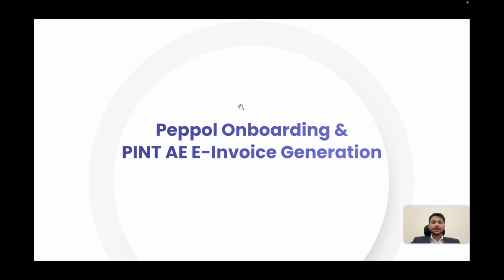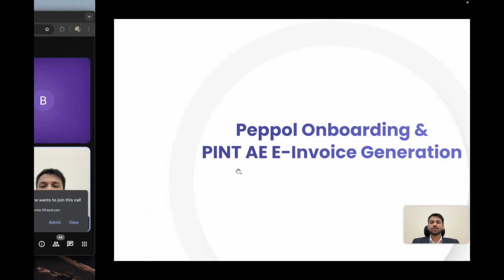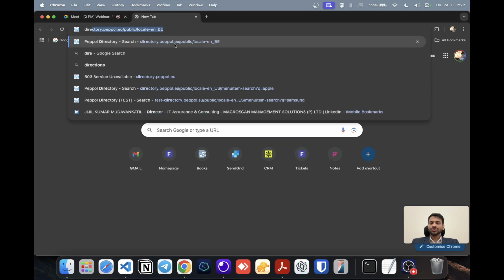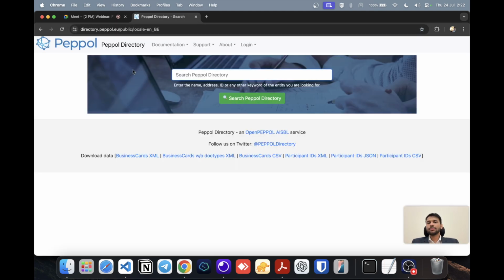And now I'll get into our dashboard and show you live onboarding into Peppol for a test organization, and also how we can generate a PINT-AE XML document. Before that, I'll show you there is a thing called directory.peppol.eu. This is a public directory of all the entities that are already in the Peppol network. So for example, if I search for Apple over here,